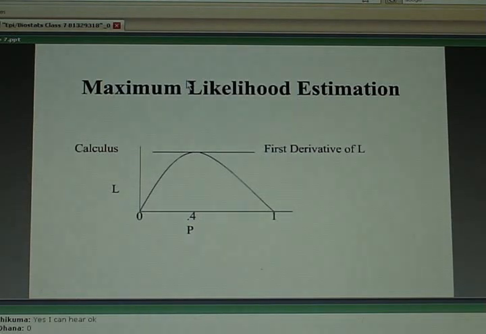And that means the value for p that maximizes the likelihood would be the value for p for whom the first derivative is equal to 0, because that means we're looking at the top of a curve. So if you haven't had any calculus before, just sit back and look at this next slide for a second. If you've had some calculus, this is an exercise in going down memory lane. What we want to do is find the value for p for whom the first derivative of this likelihood function is equal to 0. Meaning if we drew a tangent line and it had a slope of 0, that means that tangent line would have had to be at the